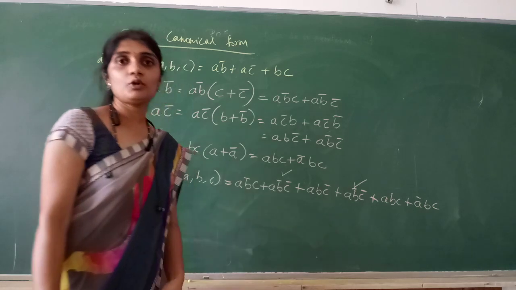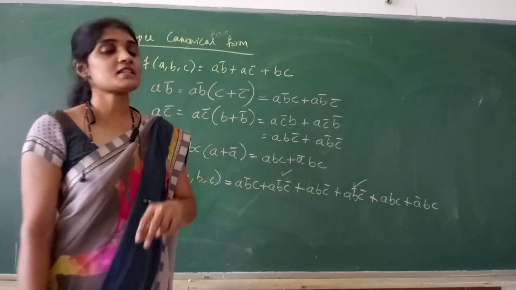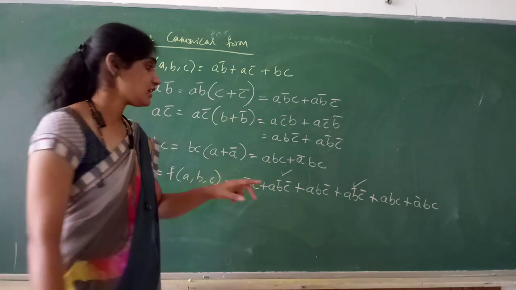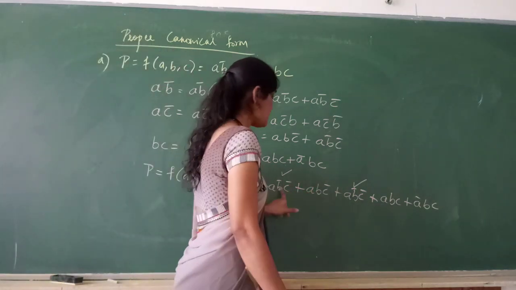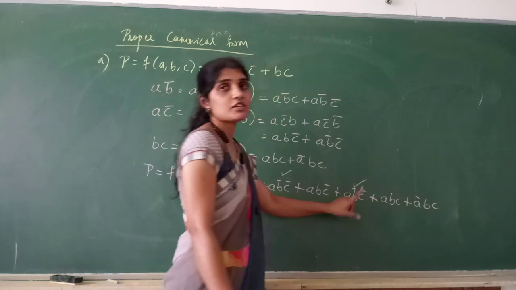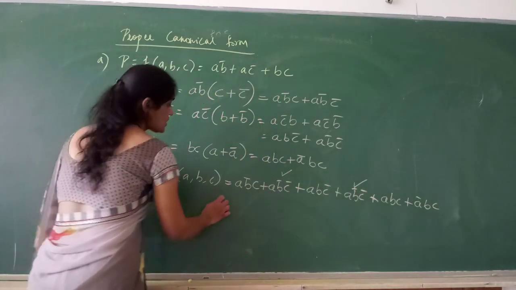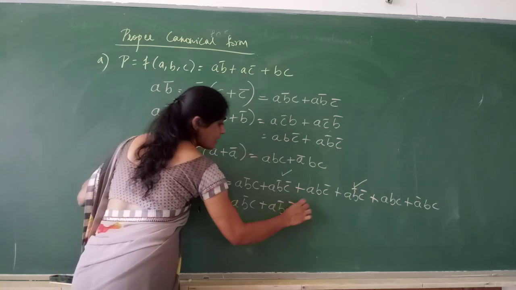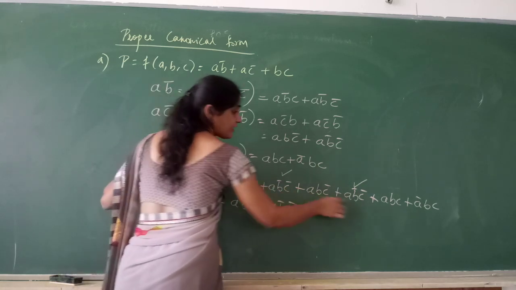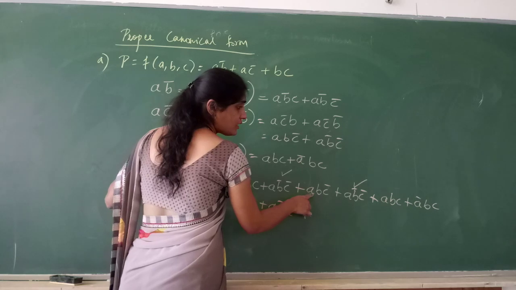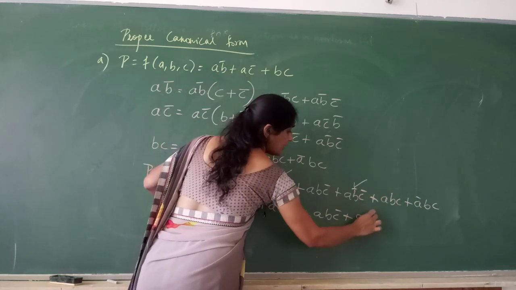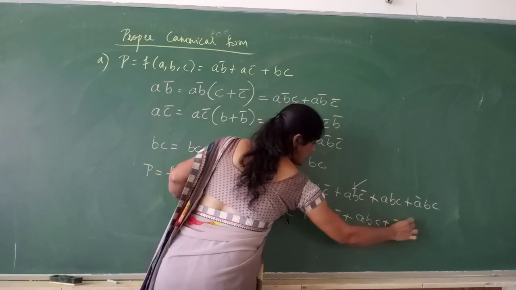So, we have learned in Boolean algebra, what is A plus A? A plus A is A. Right. A plus A is A. So, if you have the same product term repeating again, you have to write it only once. So, this equation will be A, B bar, C plus A, B bar, C bar. Only one side write. Next, A, B, C bar, only one side have A, B, C bar plus A, B, C plus A bar, B, C.